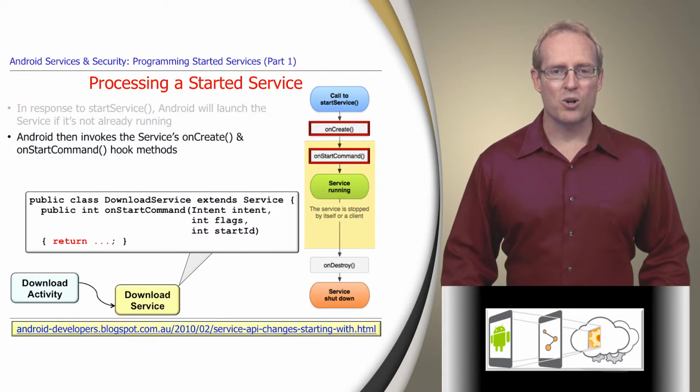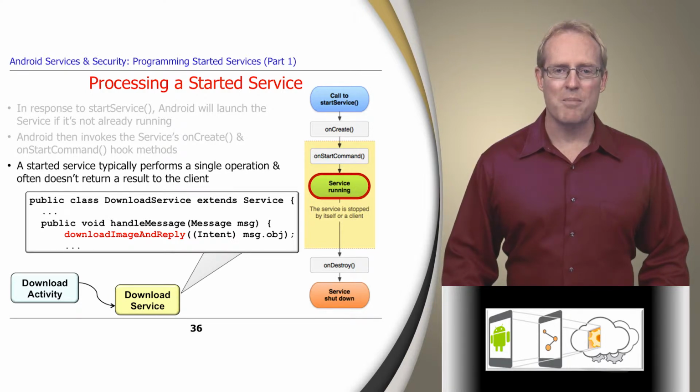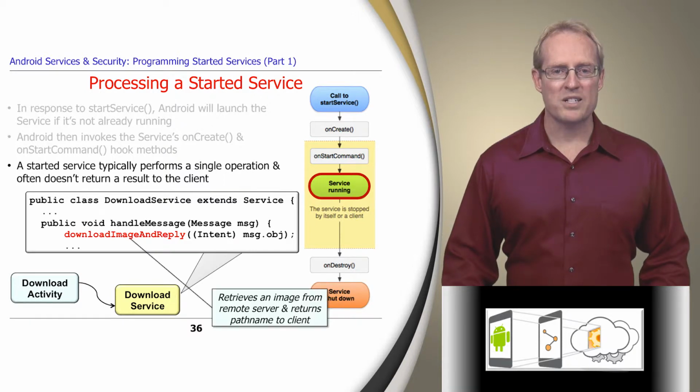More information on these return values is documented here. A started service typically performs a single operation and doesn't need to return a reply to the client that started it. In our download application example, the download service defines a download image and reply method that runs in the background handler thread. This method extracts the URL from the intent, uses it to retrieve the image from a remote server, stores the image in a file on the device, and then returns the path name to the image to the download activity client,